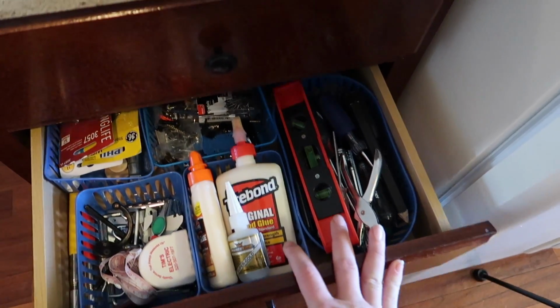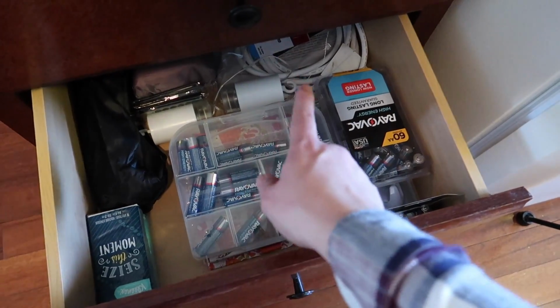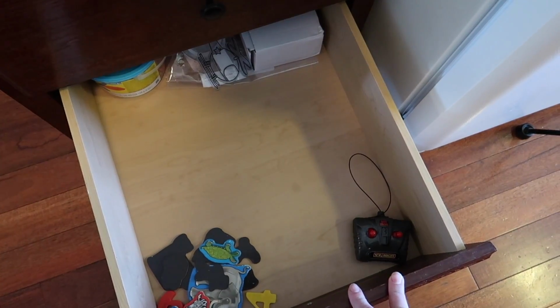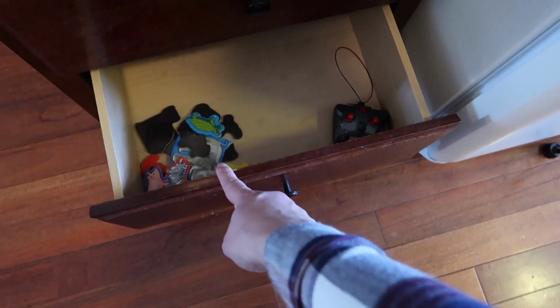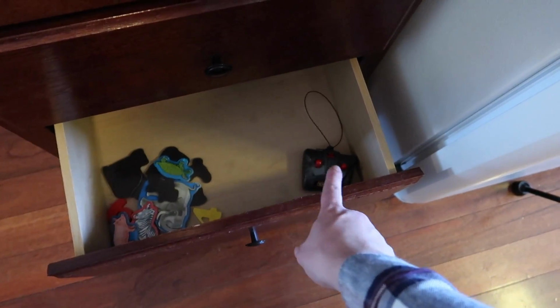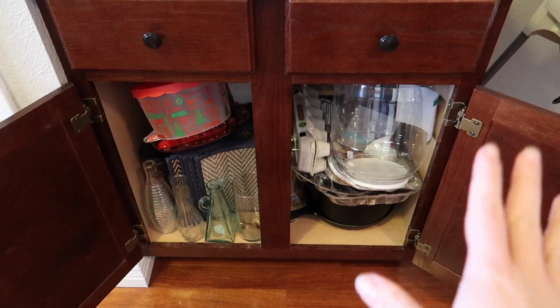At least I can open up these drawers. This third one has a lot of random things like batteries, tissues, extension cords. And then this bottom one is pretty much empty. We just have the boys' Play-Doh. Up here is the magnets for the fridge, and then their remote control car is supposed to go right here with the remote. So the last thing that I'm going to declutter and organize today is this cabinet right here,